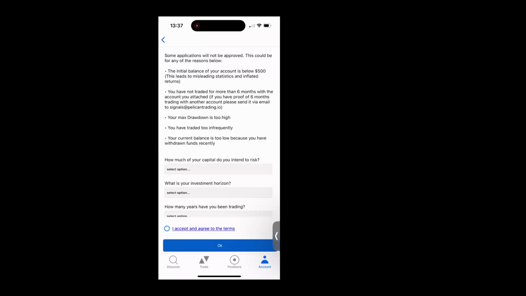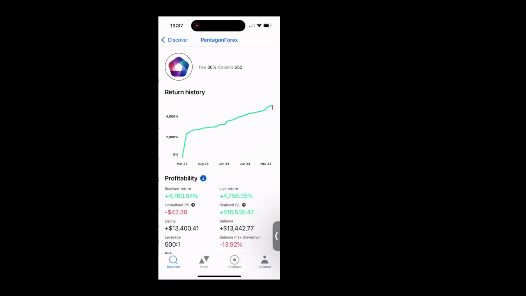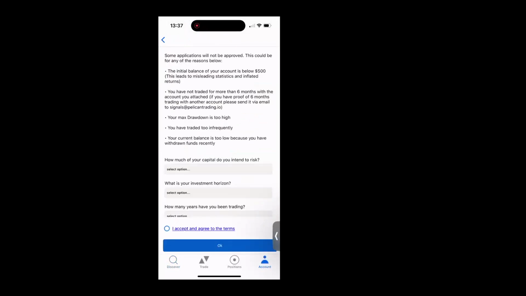Does your account have 6 months trade history? And was your starting balance $500? It needs to have a minimum starting balance of $500. Ideally more, but the minimum has to be 500. And the reason being is we use the time weighted return methodology. And if you start off with too low of a starting balance, the percentage returns can be skewed. That's why we've got a hard rule. The starting balance before any trading has to be a minimum of $500. In terms of the 6 months trading history,